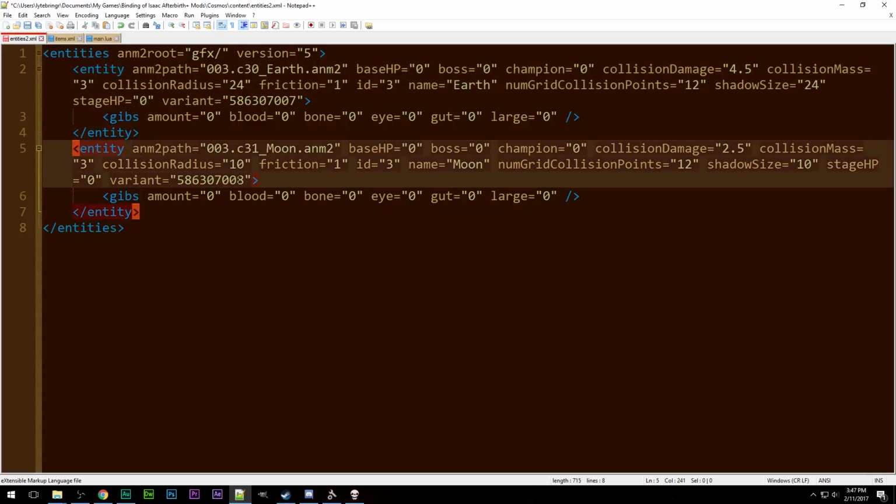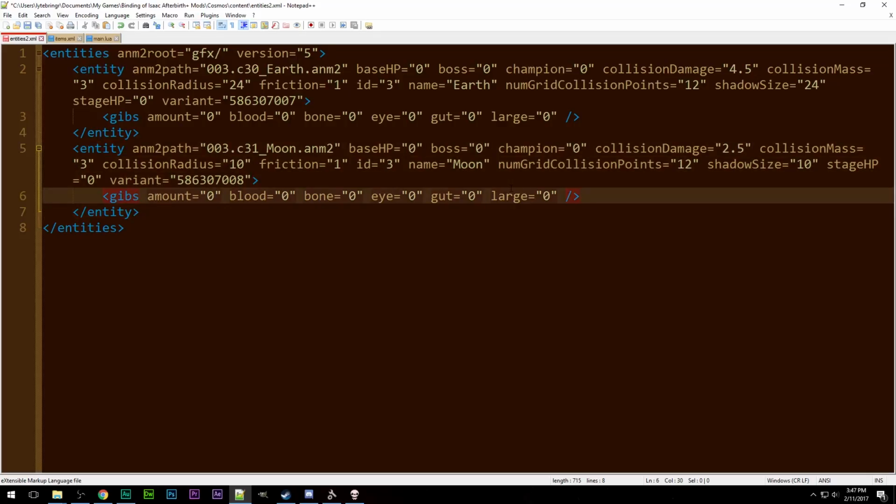And then I made the next one larger. Because we don't want these to collide with anybody else who's making any sort of familiar variants. And we can't get the next one in line, unfortunately. And then the jibs, it's not going to die, so these don't matter, but they have to be there or it'll crash your game. So keep everything there, change the things that need to be changed. I'll warn you though,